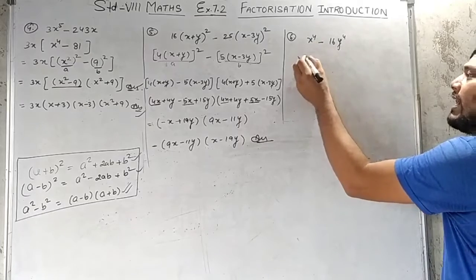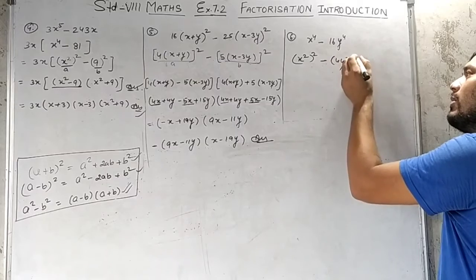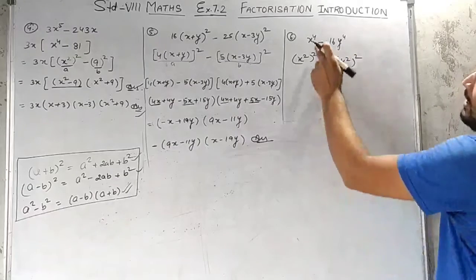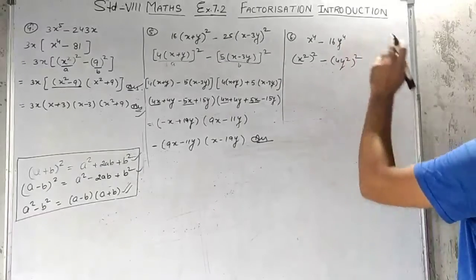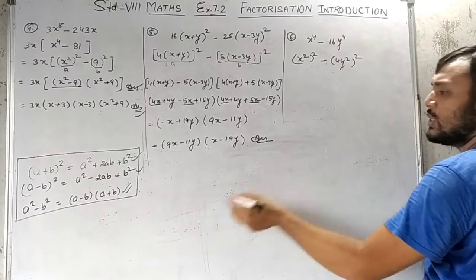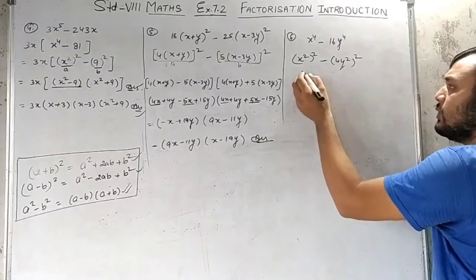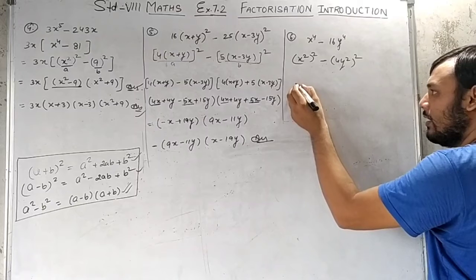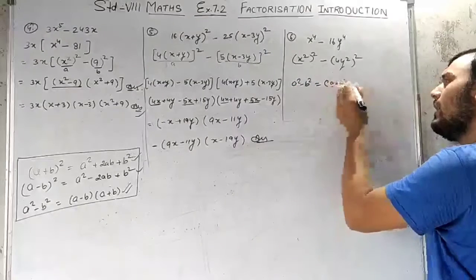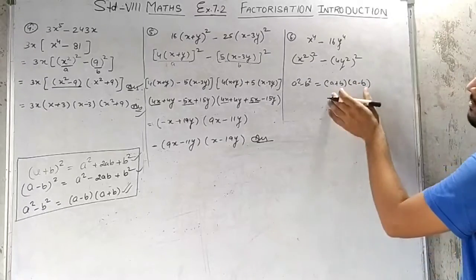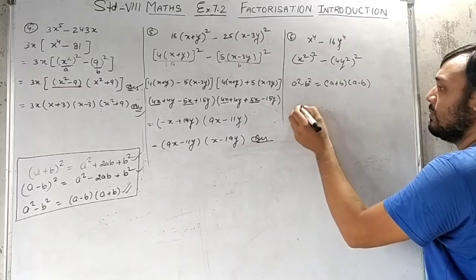X raised to 4, we can write it as x square whole square minus 4y square whole square. X raised to 4 we can write like this, and for 16 y raised to 4, again 4y square whole square. So it's also like this, I mean identity number 3. So we will use here again that is what? a square minus b square is equal to a plus b and a minus b. You can alternate these brackets, a minus b or a plus b, no need to worry about the same.